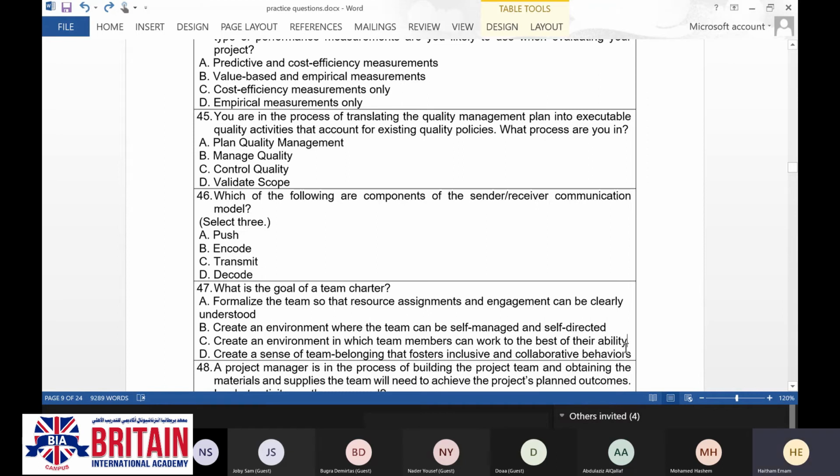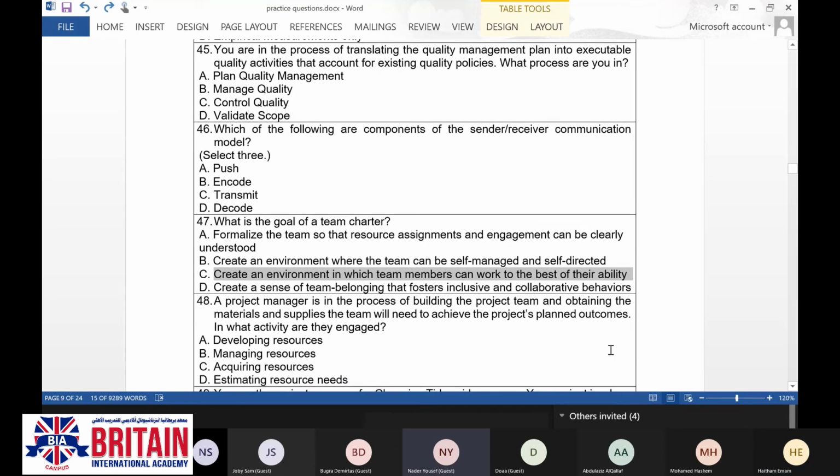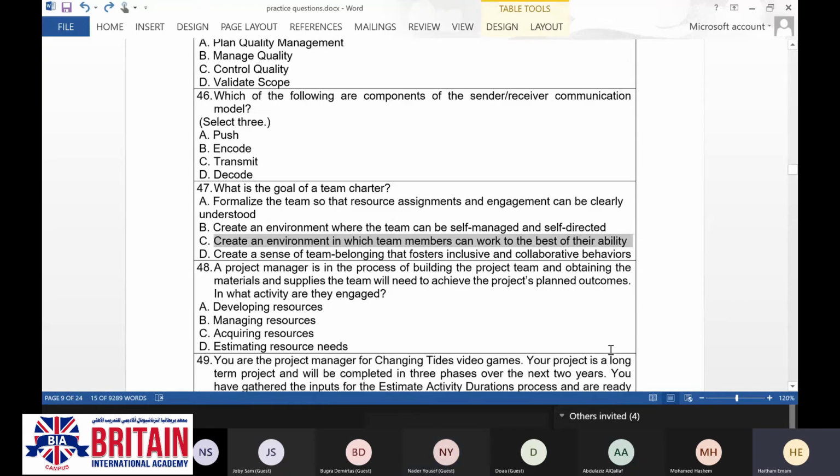Additionally, it's going to include how to self-manage and self-direct. So when we talk about this, we are going to talk about option C: create an environment in which the team members can work to the best of their ability. Okay, thank you. You're welcome. Question number 48, Engineer Muhammad, please.